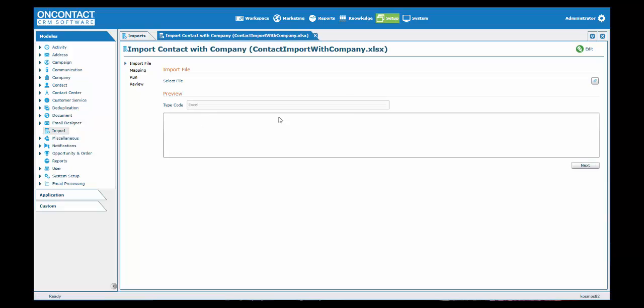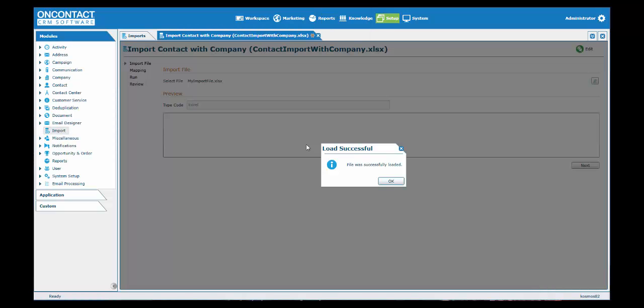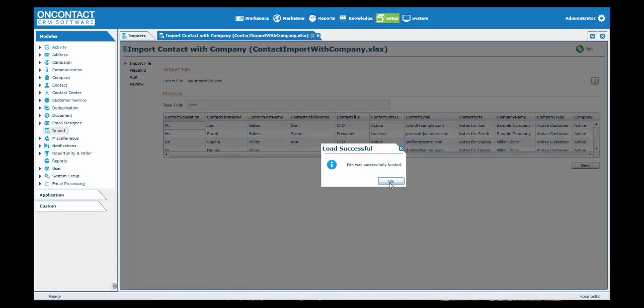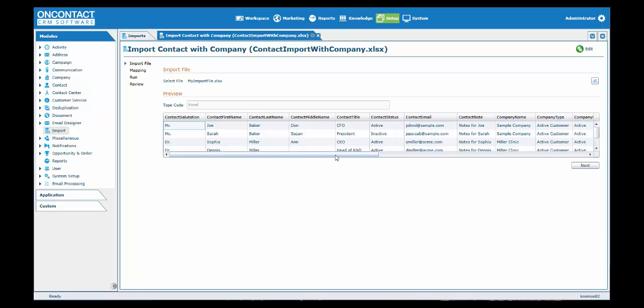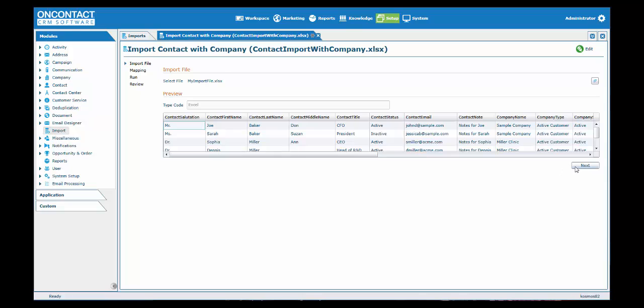Clicking a template in CRM will open the Import File page. From here, click the Select File button on the right and choose your import file. Note, this file must not be open in any other program or the import will not be able to load it. The first few rows of your data file will load in the preview window toward the bottom of this page. If everything looks good and you're sure this is the correct file, click the Next button, which opens the